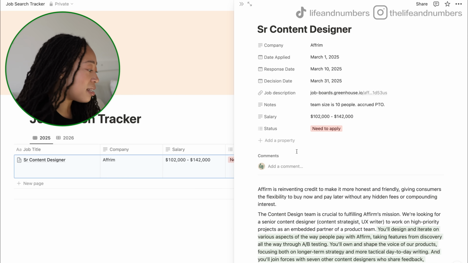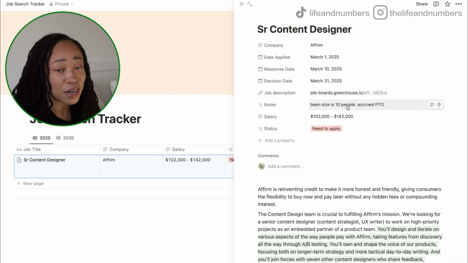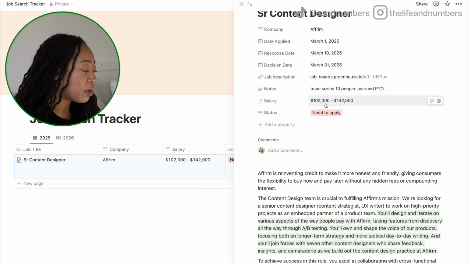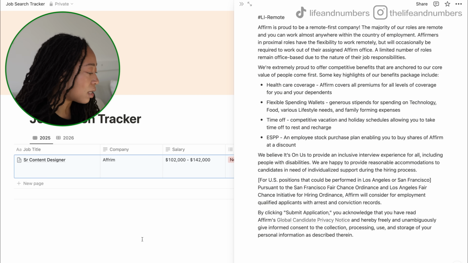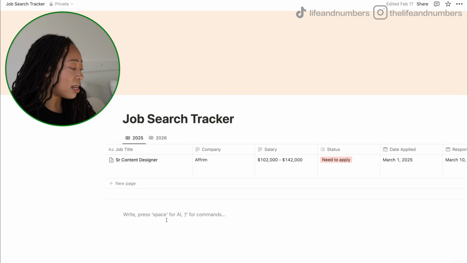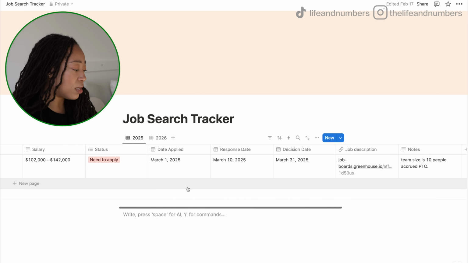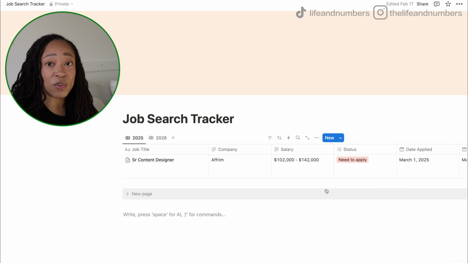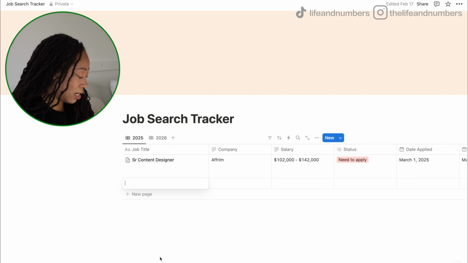This is now a much more realistic one. So senior content designer for the company Affirm. I put in the job description. These are imaginary notes for if I had actually interviewed with them. The salary range and the status, because I do need to apply to this. And so when I click out of that, inside the tracker, these are all of the data that I put in for this job. And then for the next job, I would just do new page, and then I would do,